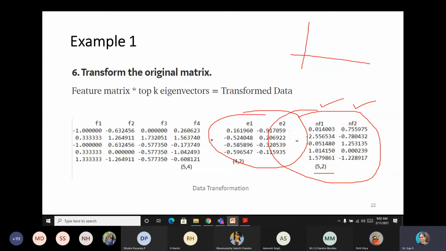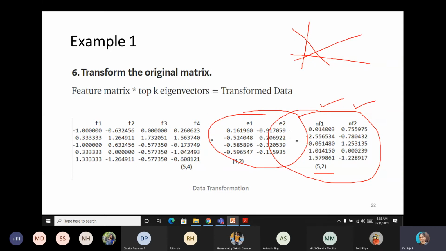So if I plot these values, it will be like this. The other principal component values will be like this, perpendicular to each other. Because the eigenvectors are perpendicular to each other, basically these feature elements are a scaled version of the eigenvector. Here I have shown the example.